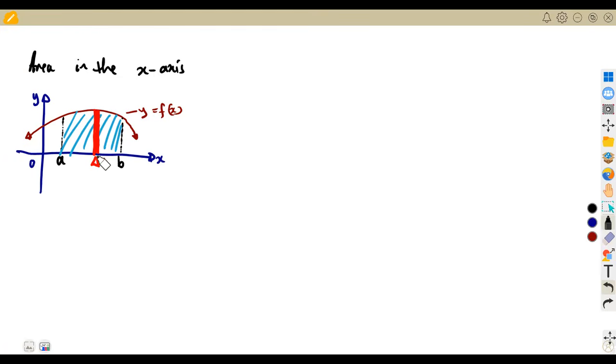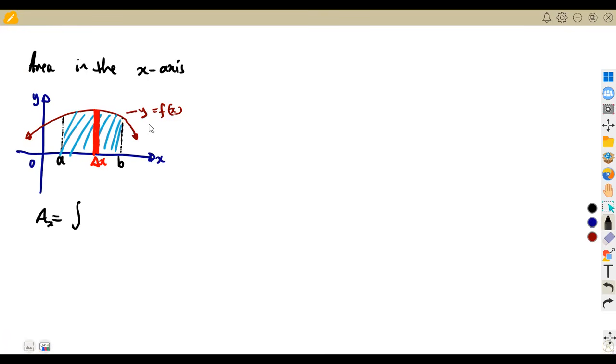That is what you have as our representative strip. So our area is going to be calculated from A to B, bounded between this graph. So that is the area that we're going to have with respect to x. So the area with respect to x is going to be the integral